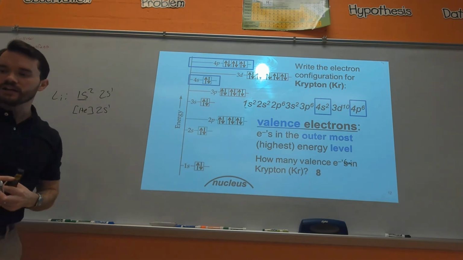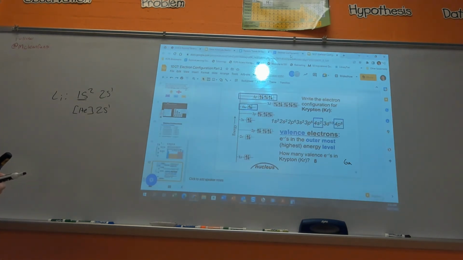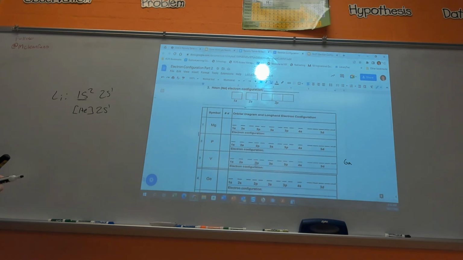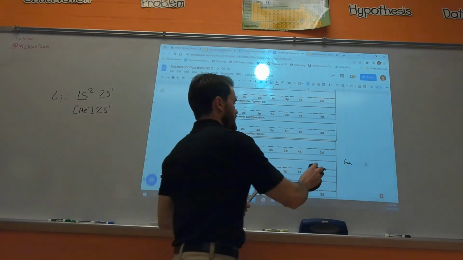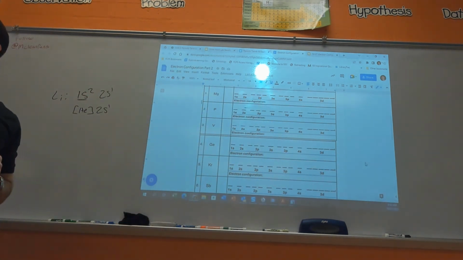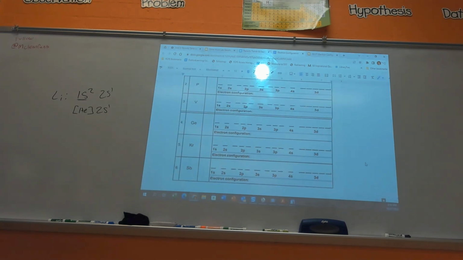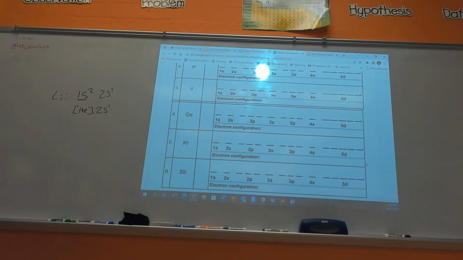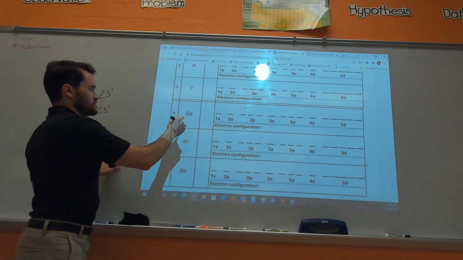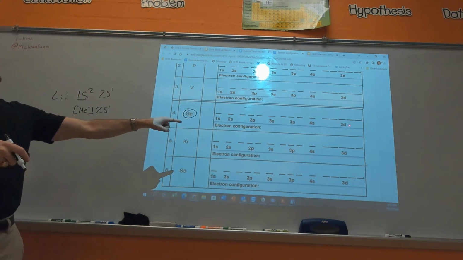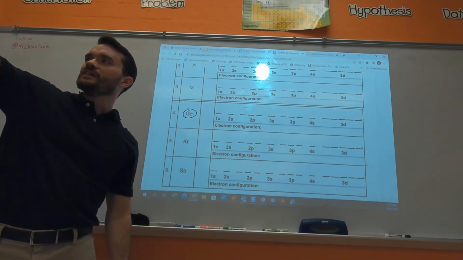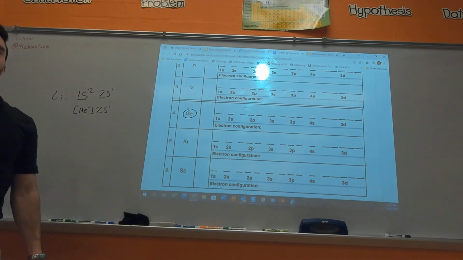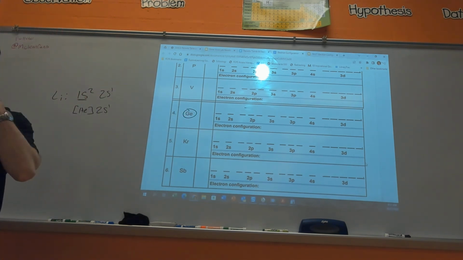All right. So going to your worksheet, I messed some stuff up, so we're going to have to do some adjustments here. Let me zoom in a little bit. Germanium here, you'll notice how it stops at 3d, but germanium is all the way here in the fourth row. And so you're like, what? I think I could have you try to squeeze in a 4p there,